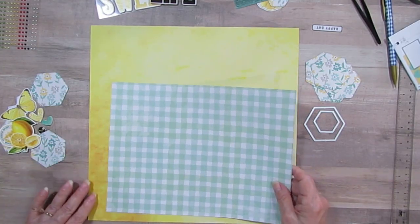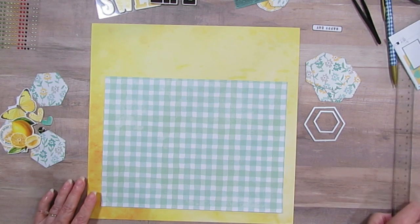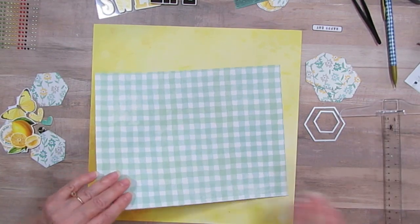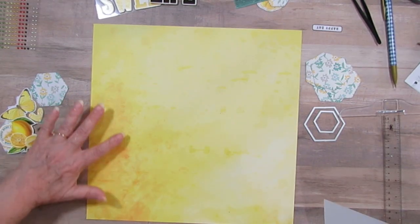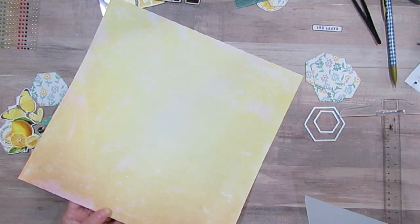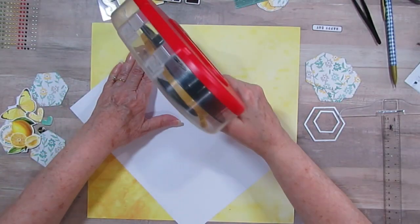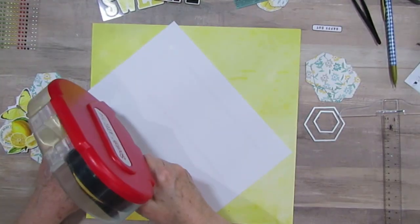So anyway, this is 10.5, so that means it's 3/4 on each side. I've actually already marked my paper. Oh, and isn't this pretty paper? It's got a little bit of orange on here. I just thought it was so pretty. Here's the back side. It's got a little bit of pink on it, so you can take your pick. I'm actually doing this twice,